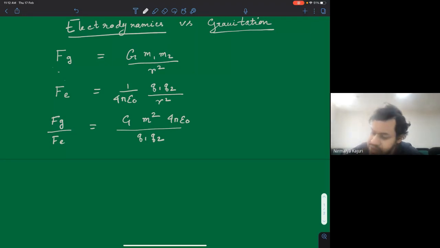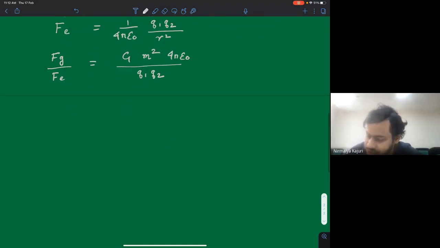We now have to deal only with the constants. So let us estimate the constants. We don't need to be too precise. We want to get an order of magnitude estimate. So G, the Newton gravitational constant, is, I think, 6.6 into 10 to the minus 11 Newton meter square per kg square. So let's just call it 10 to the minus 11. Electron mass is 9 into 10 to the minus 31 kg. So it's almost like 10 into 10 to the minus 31. So just write it as 10 to the power minus 30